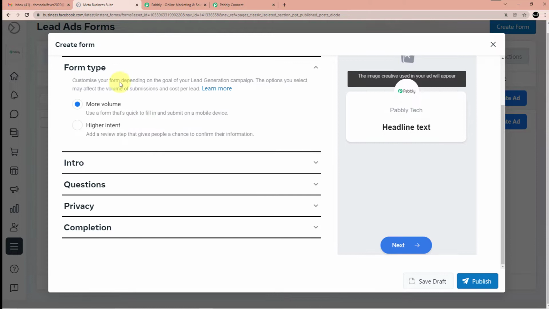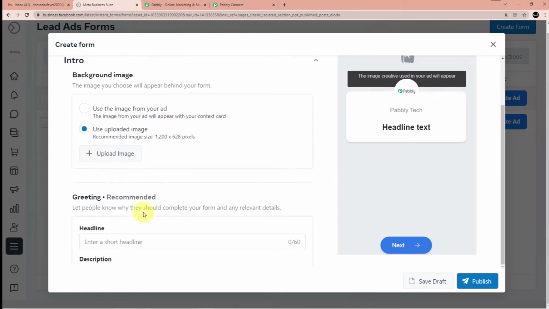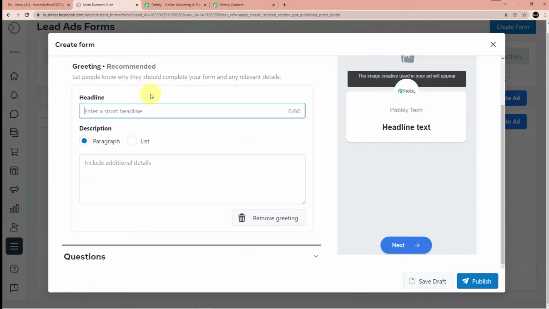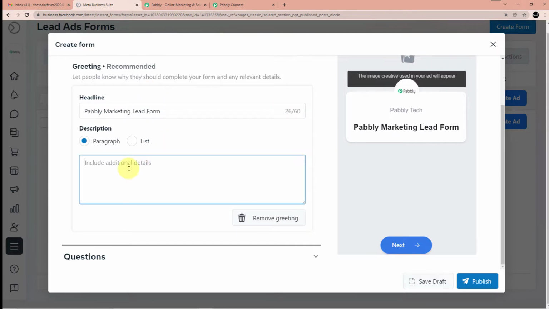Now you will select the form type, whatever form type you want to select. You will go to the intro part. If you want to upload a new image, you can upload a new image. I will just use the image from my advertisement. And if you want to add a headline, just add Pabbly marketing lead form. Okay, so this is my headline, and the description is,